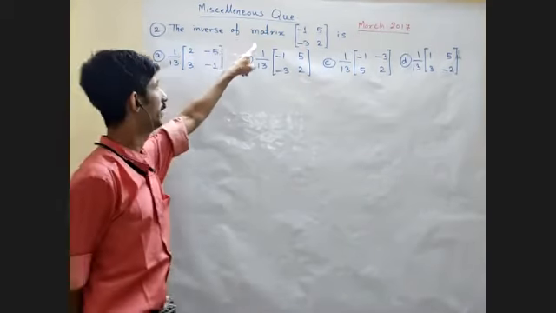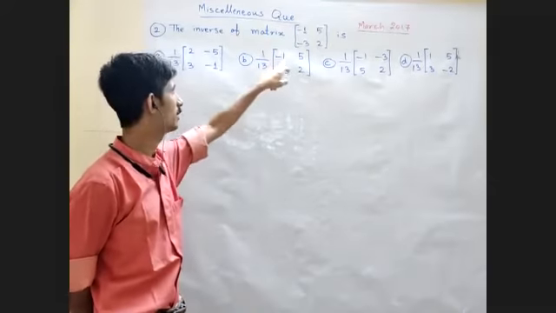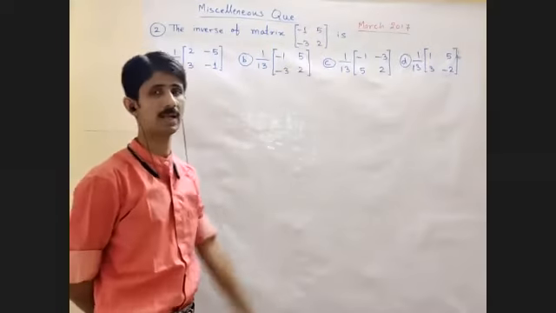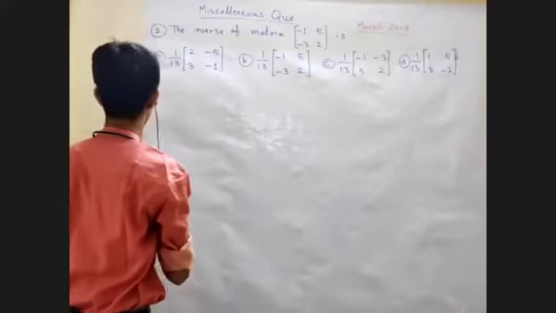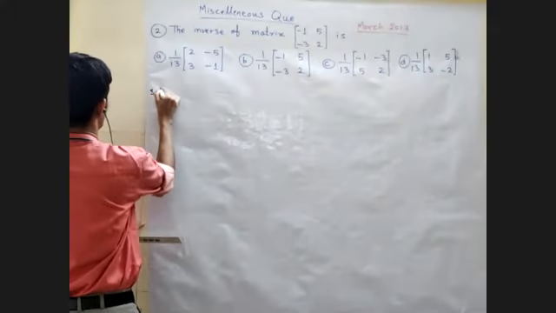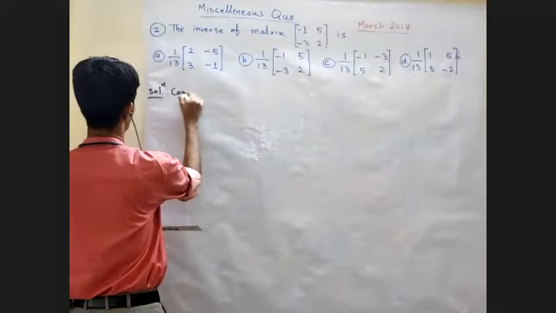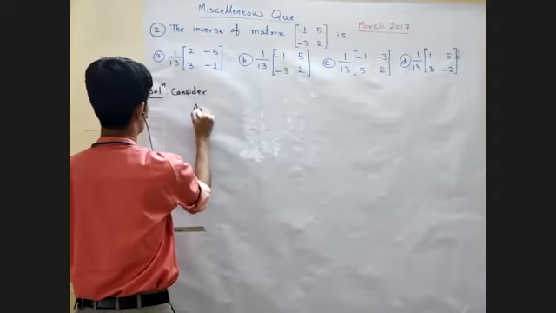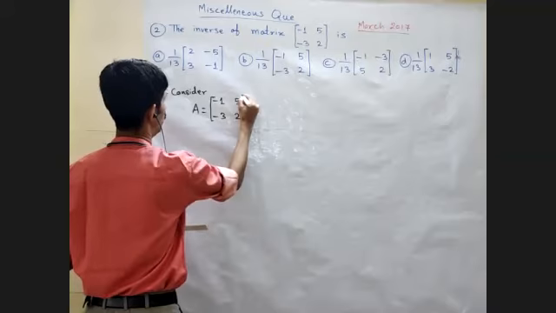We want to find out inverse of this matrix. First row is -1 and 5 and second row is -3 and 2 and these are the 4 options available. This question was asked in March 2017. हमें इस मैट्रिक्स का इनवर्स निकालना है. Okay, so solution. Okay, now let us consider the given matrix as A. So consider the matrix as A. So what is matrix A given to us, students? Matrix A is -1 5 in the first row, -3 and 2 in the second row.